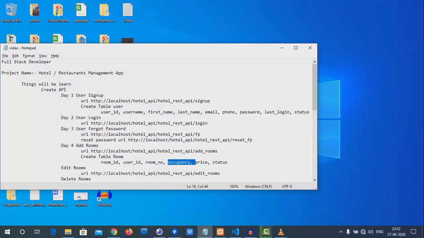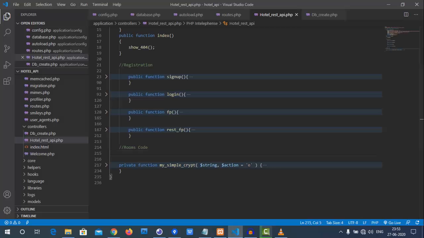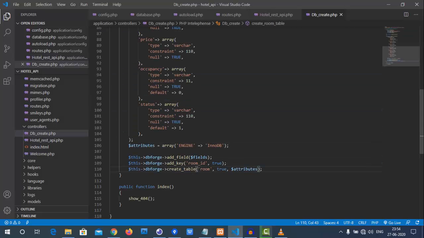How to create a room: we will create a table of room ID and user ID, because there are multiple platforms. Each user will have their own room IDs, so room numbers. To differentiate them, that's the reason we take the user ID as a reference. In my whole project, user ID will be the common part. Then the room number, whatever number he gives it, like 101, 001.